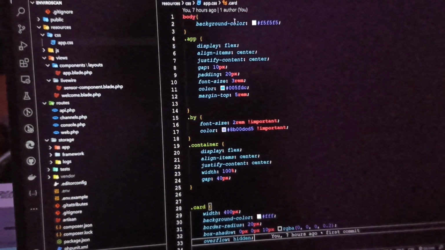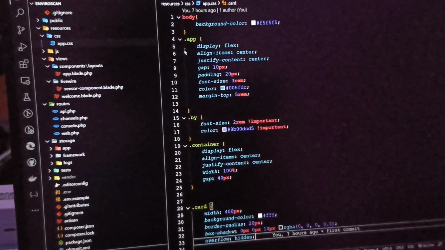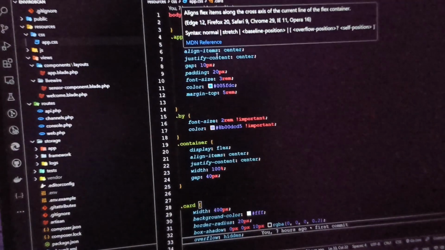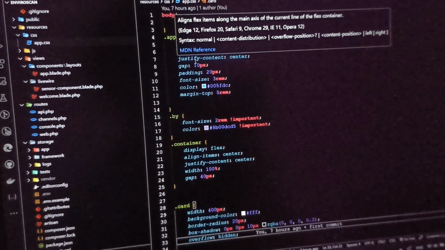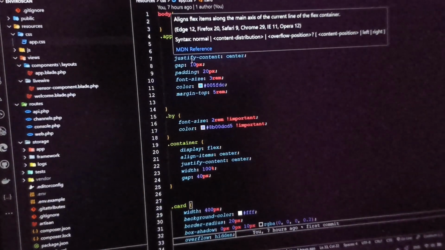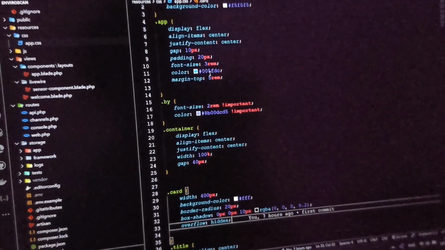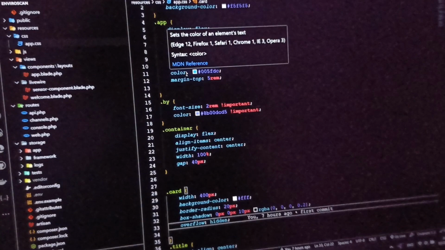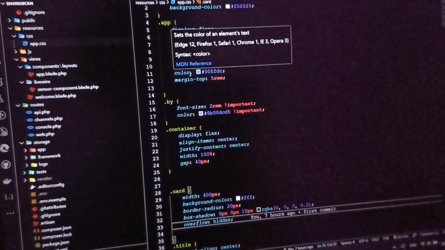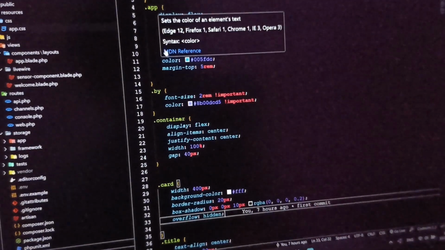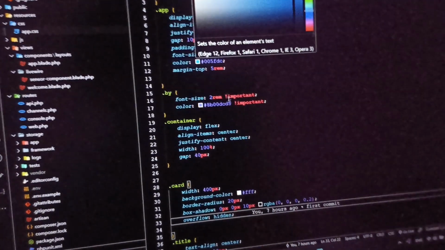This body is white, and this for app display is flex, and align items is center, justify content center, gap is 10 pixel, padding 20 pixel, and font size is 3 rem, and this color is for display, for display temperature.